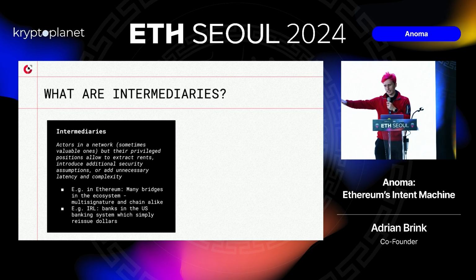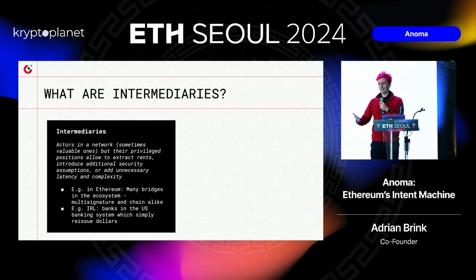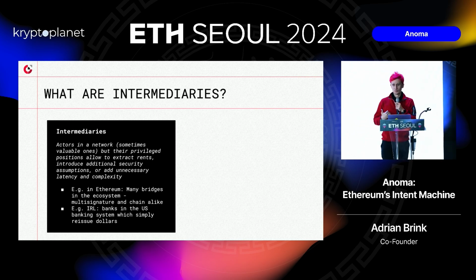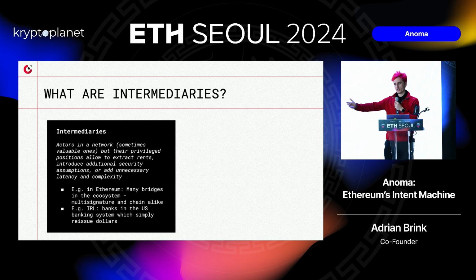This actually has a very good analogy in real life, which is that banks are the traditional intermediaries. Technically, we should all be interacting directly with the financial system without having to go via banks. I mean, it's kind of weird that in order to send a transfer, you have to go via a bank because the bank just settles it somewhere else anyway. Why can't people directly go to the actual settlement system, right?